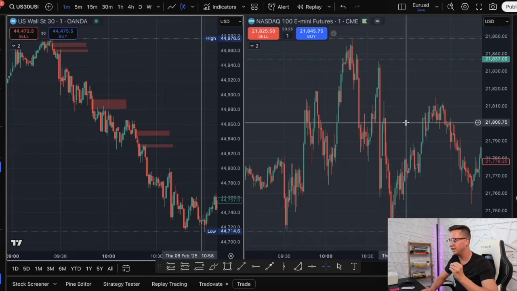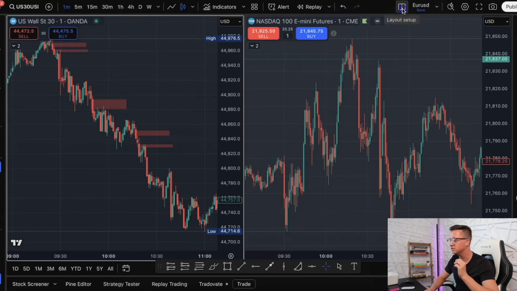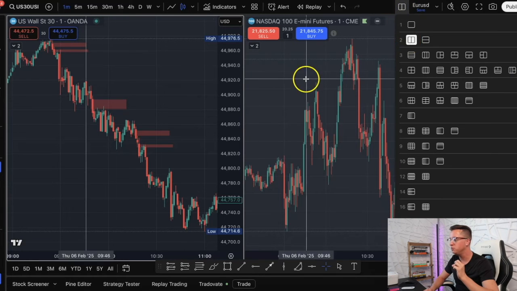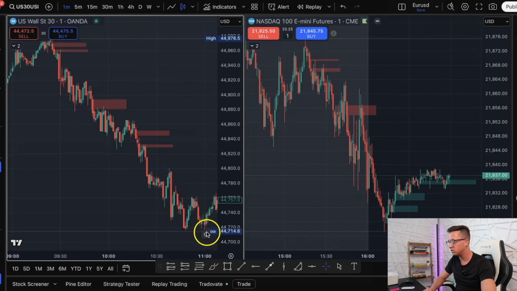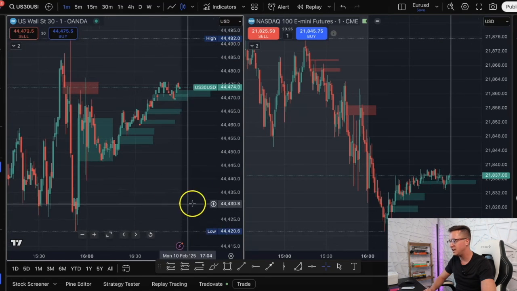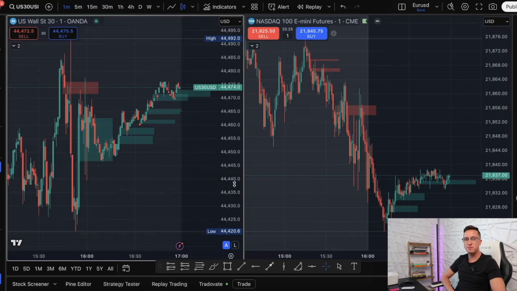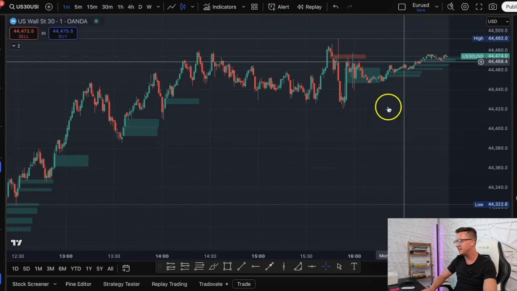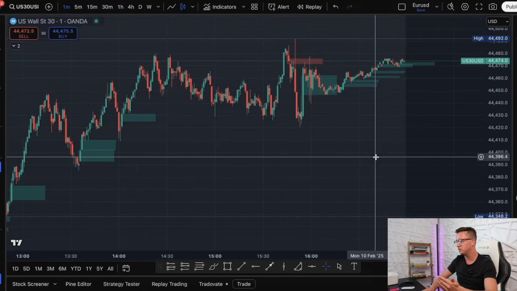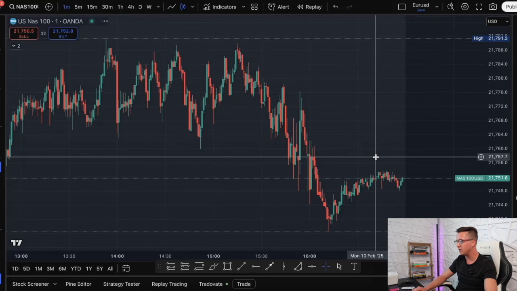So what I'm overall getting at when you guys are watching this is your hack right here, this little layout setup. If you bring both of the charts up, you can view both of the charts simultaneously. So you could literally sit back at your computer like this and you're like, okay, well, I don't really see anything on NASDAQ, but oh, looks like there's a setup on US30. And the same thing applies to, you guys, I didn't tell you about this because this video wasn't pertaining to this video, but we also have